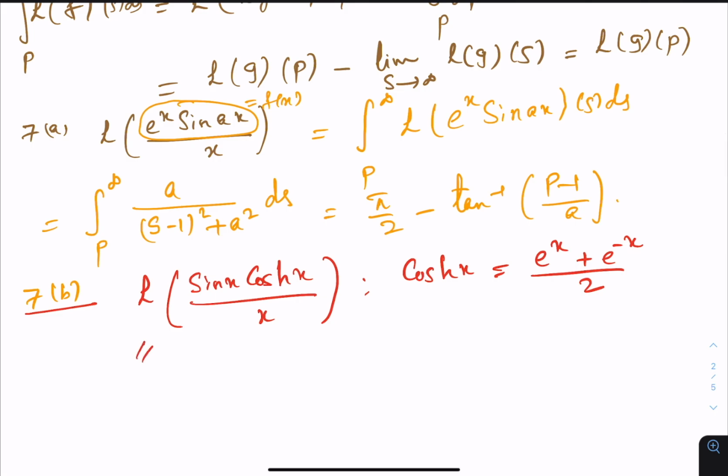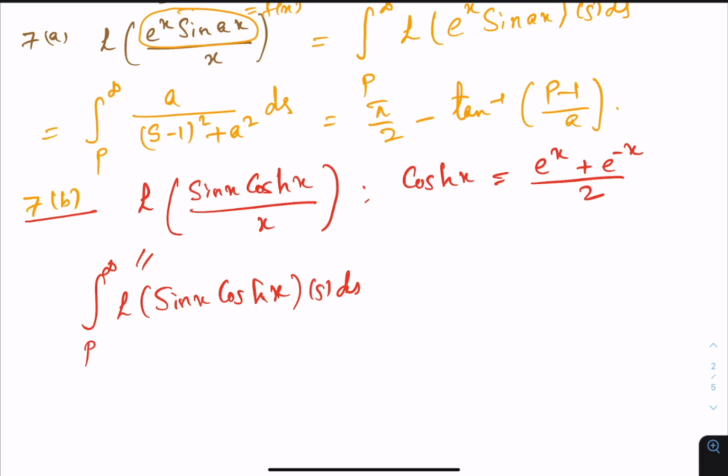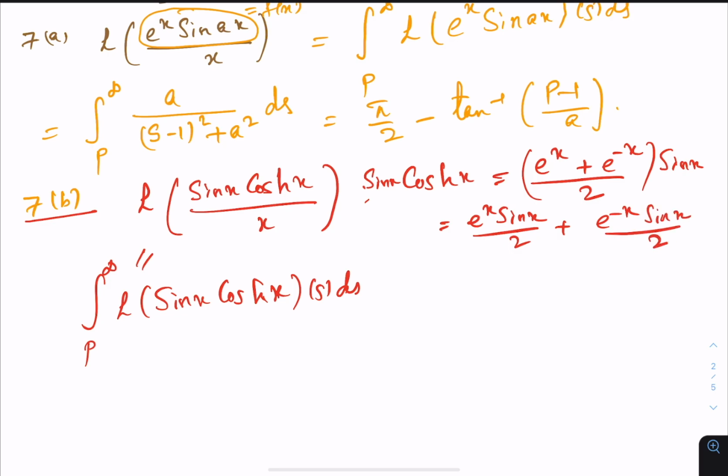By this result that we have, this is equal to the integral from p of the Laplace transform of sin x cosh x, of s ds. So this is equal to this, and this is equal to what you have here, right? If you multiply by sin x here, which is precisely e^x sin x over 2 plus e^(-x) sin x over 2,